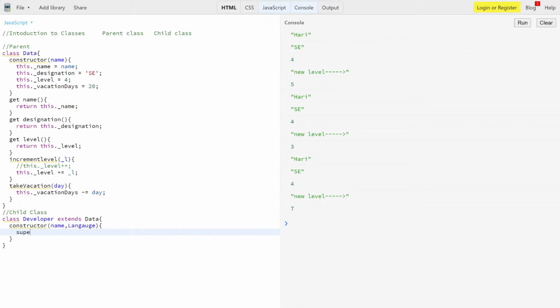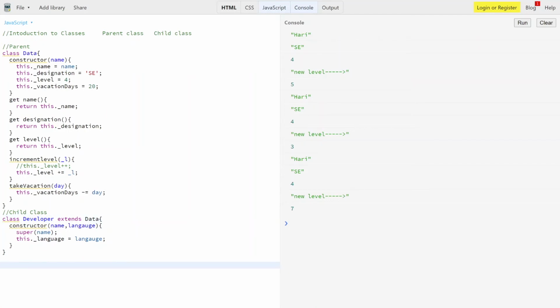We can pass it using this super keyword. So we have super(name) over here, and we have this dot underscore language equal to language over here, and then I'm assigning it to its language. So this is our parent class and this is our child class.